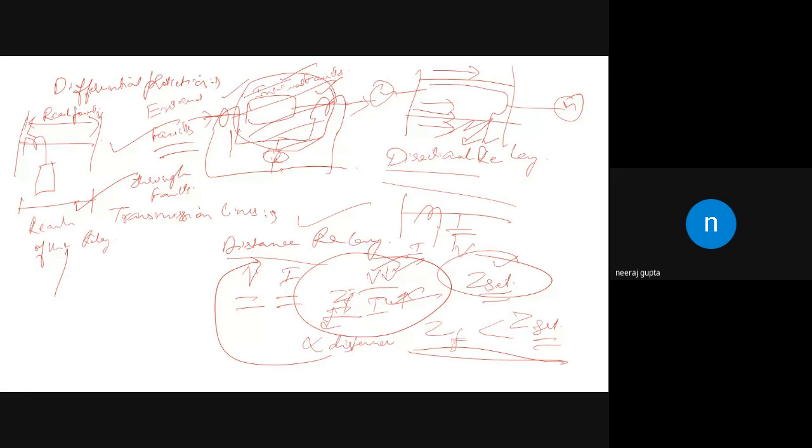So as a result, we're using one more protection that is known as differential protection. Differential protection is based on the fact that whatever is coming into that apparatus and going out, if there is a large difference between these two, then it will give the signal to the relay and the relay will operate. और उसके बाद हम distance relay भी use करते हैं transmission lines के लिए, क्योंकि differential protection can be used in apparatus which are very near.